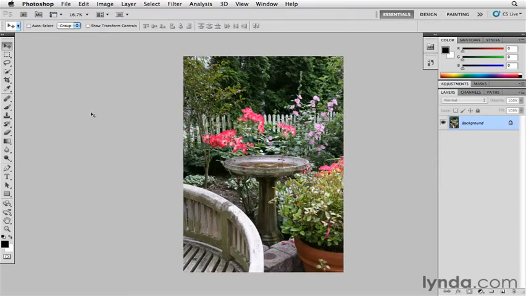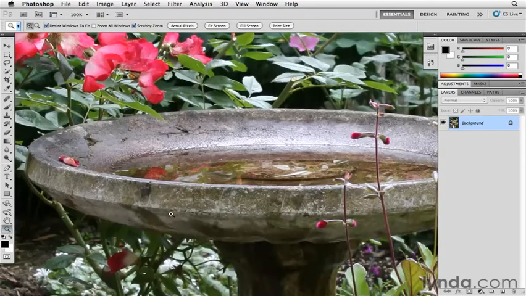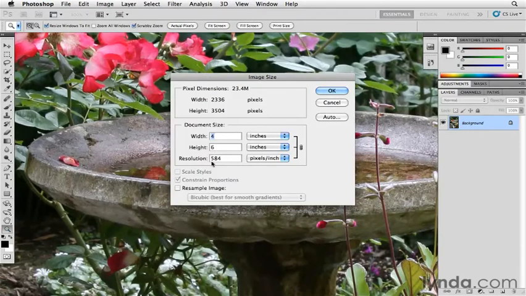If I had gone to 100%, let's go ahead and double click on the zoom tool, and I'm viewing the image at 100% view, the actual pixels view. Here you're seeing every single pixel in the image represented by 1 pixel on the screen of the display. You can see there's a lot of pixels here. It's a big file. If I go back to image size, and you can see it's a 4x6 at 584